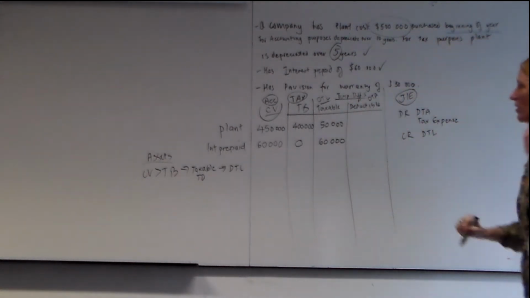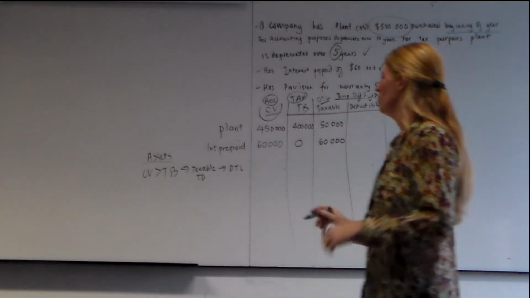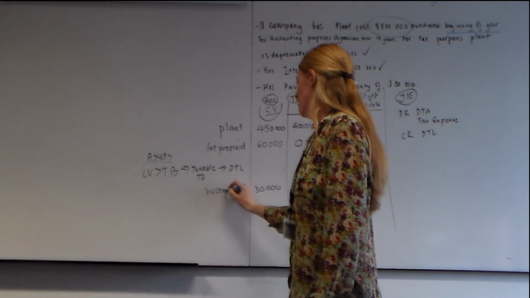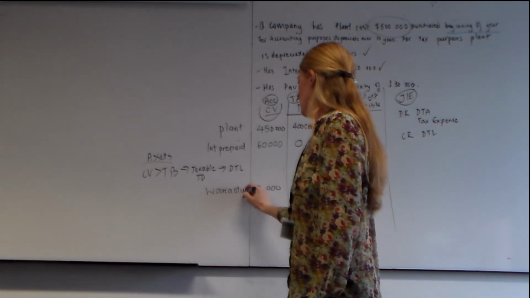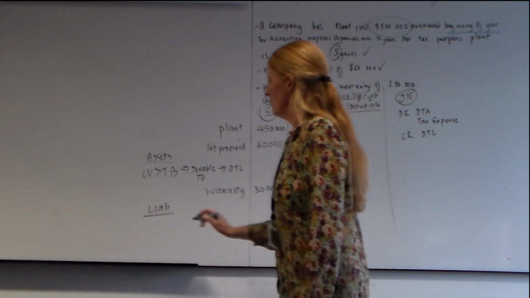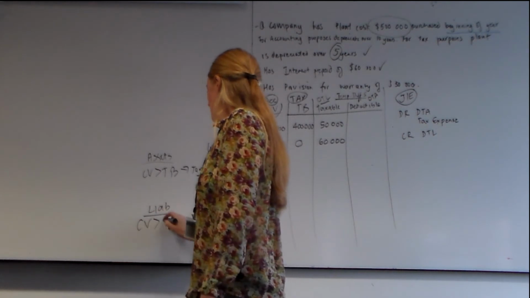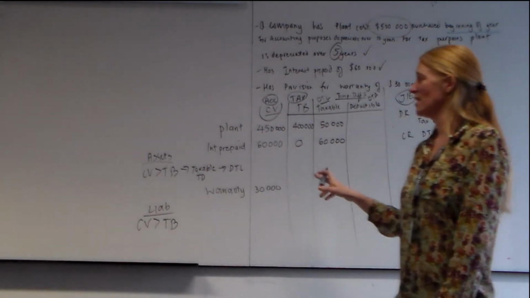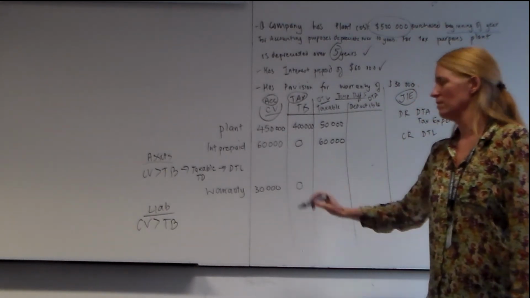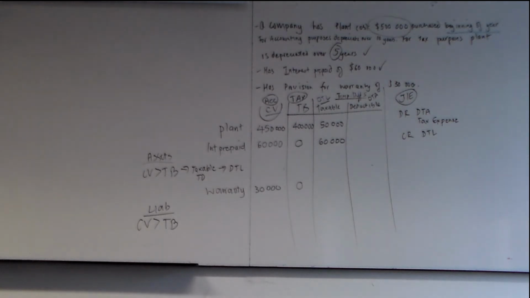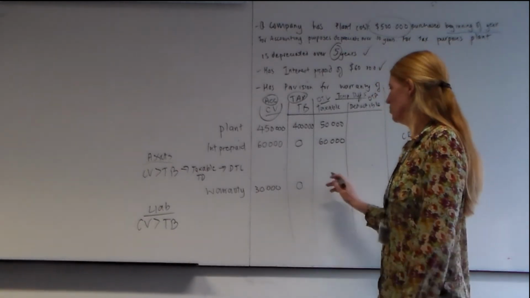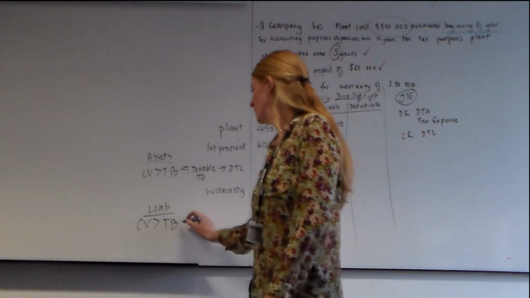The last one is a provision for warranty of 30. So your warranty is 30. This is a liability. And we're going to have carrying value greater than tax base. How do I know that? What's the tax base going to be? 0. Why? Provisions. We don't have any provisions for tax. So provisions are 0. Therefore, the temporary difference will be